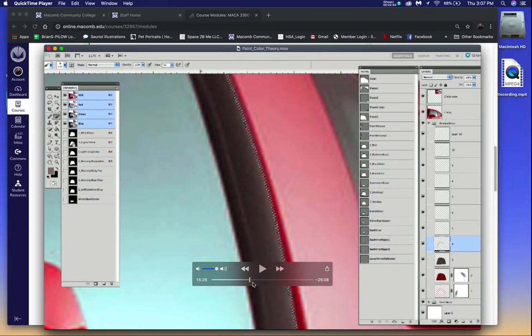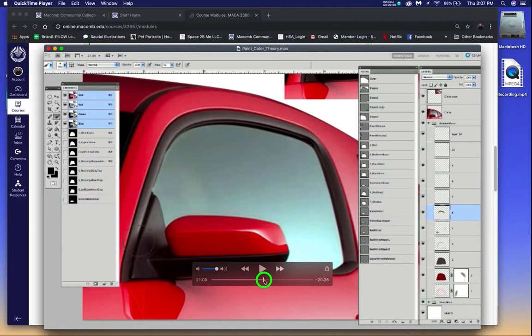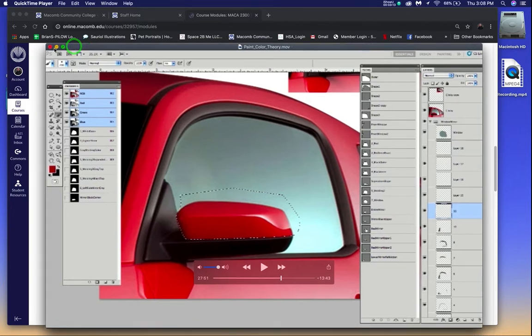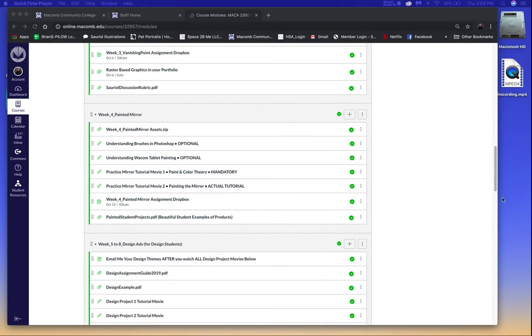I think when you get to the end of this movie, you'll have an idea of what I call eye over mind training, the ability to look at shapes and break them down into reasonable layers and paths and everything else that it accounts for. So this is the time of the semester when you're going to have to determine, I'm going to minimize this, when you're going to have to determine, and I want to open up that,